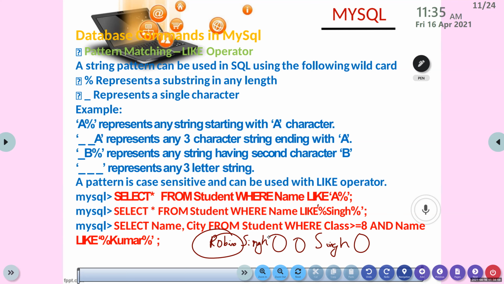Okay, is that clear, Nevin? Yes, ma'am. Then you tell me the meaning of the next query. Select name, city from student where class greater than or equal to 8 and name like percentage Kumar percentage. This is not the same, right?